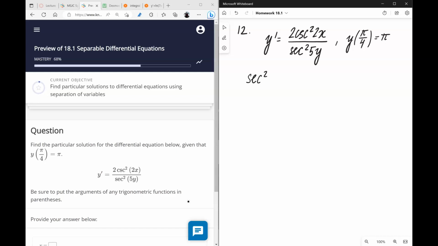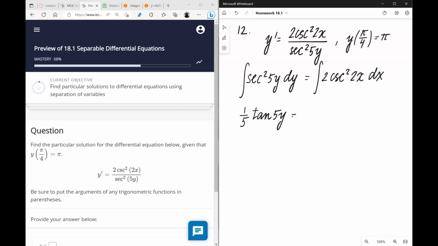So we have secant squared 5y dy on the left, 2 cosecant squared 2x dx on the right. Throw the integral in there. On the left side we have 1/5 tangent 5y. On the right side we have negative cotangent